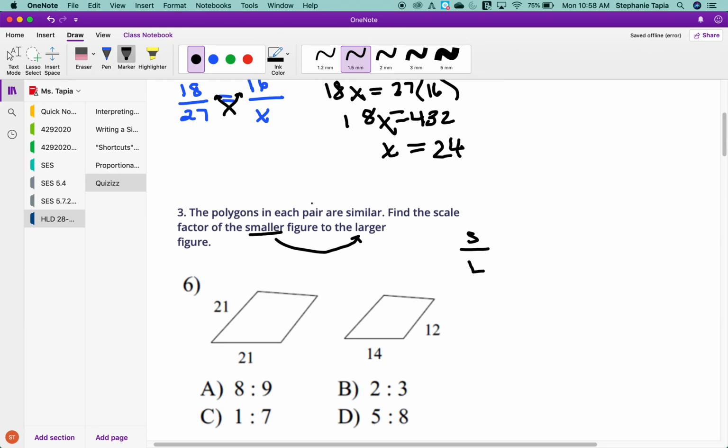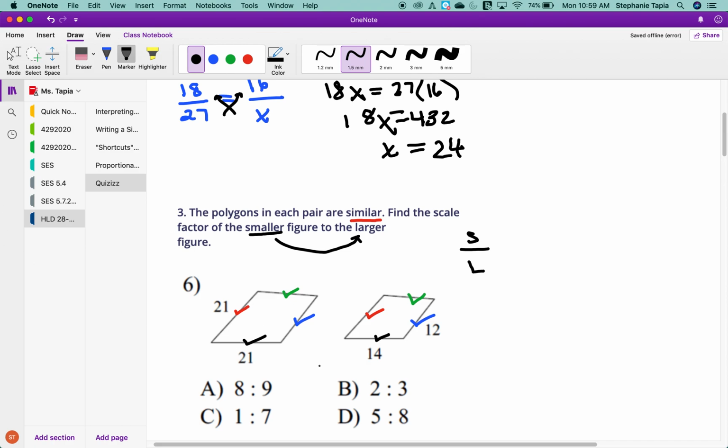So if they're similar, if it's already stated that they're similar, then all you need is one pair of sides. Okay, so obviously, if these are drawn to scale, then this side here would correspond to this side. This side up here would correspond to this side. This side here would correspond to this side. And then this last side here would correspond to this side. And since you only need one side, the check marks in black are the only ones that you have both